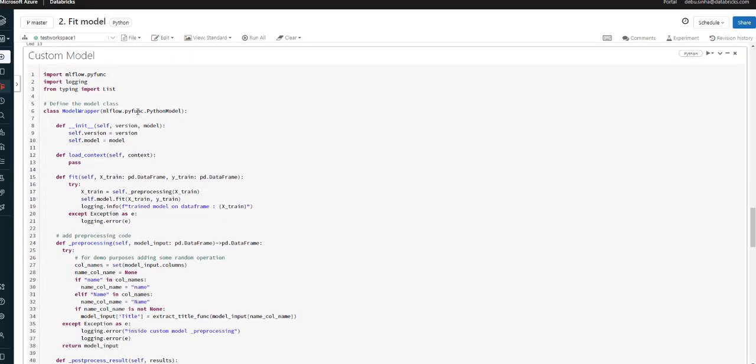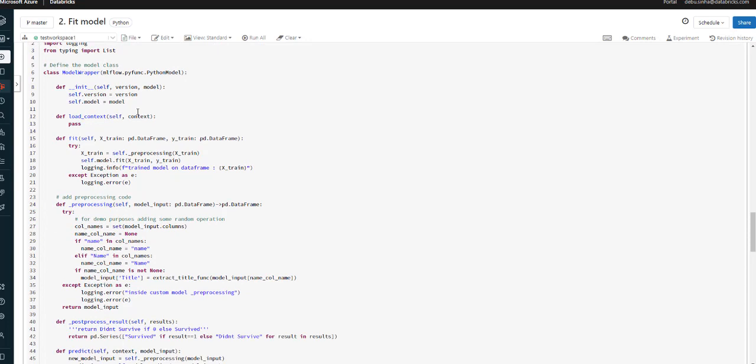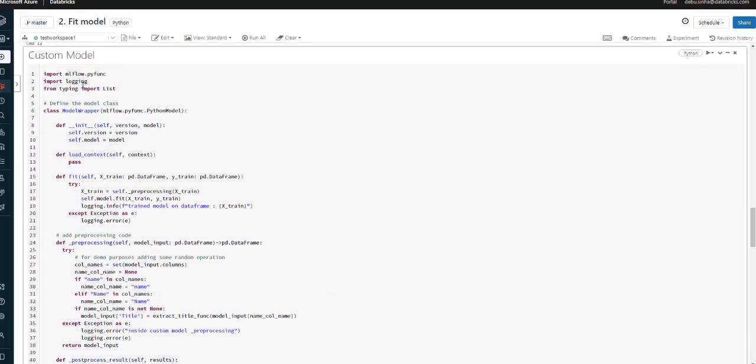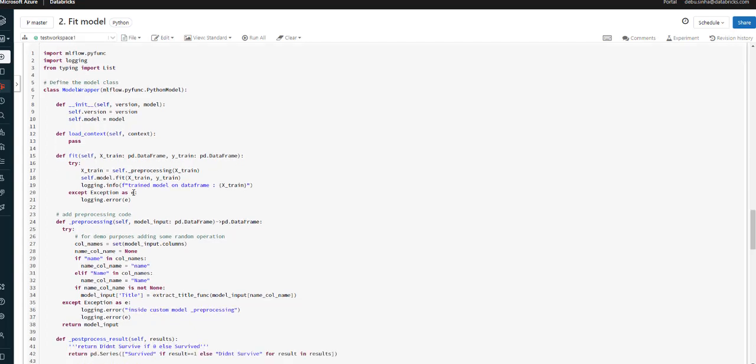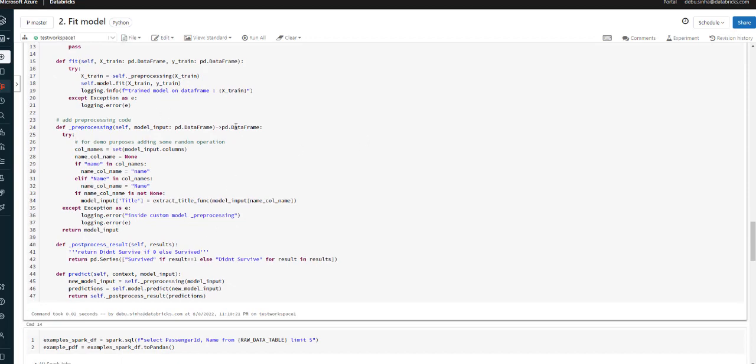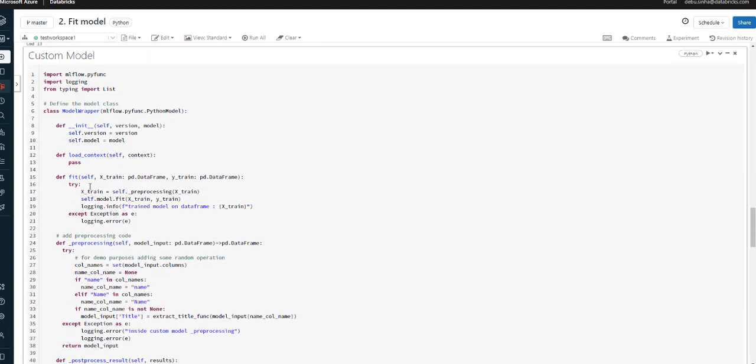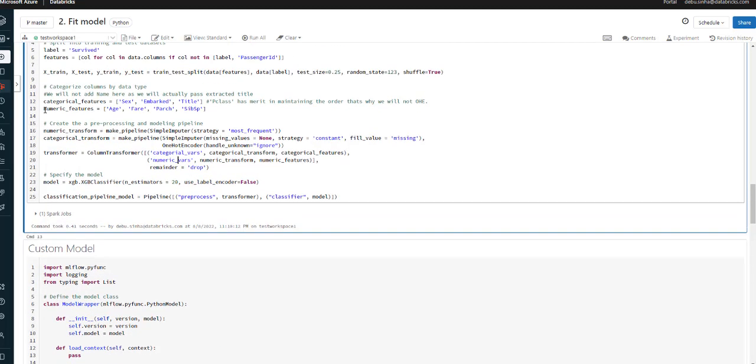Now I'm going to create a custom model. I could have not used a custom model, but this showcases how you can utilize your pre-existing models and wrap them into your MLflow custom model wrapper to use with Databricks. Here I'm creating the model that I trained earlier. I have inserted it into the fit method here. Whatever input goes into my custom model will be inferred using the model that I already trained earlier,